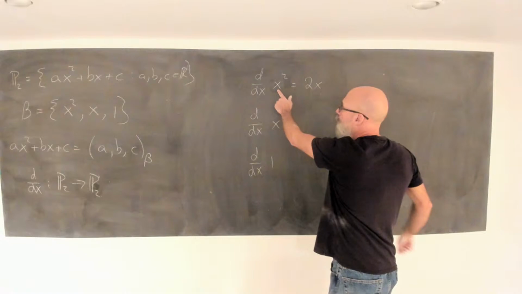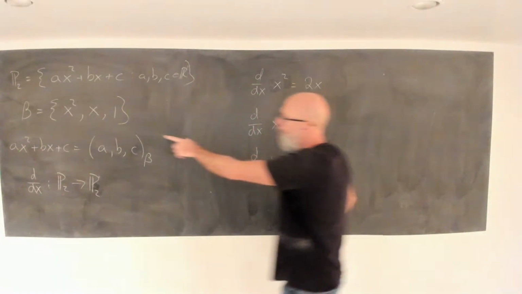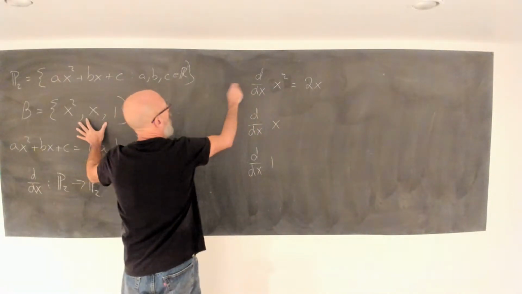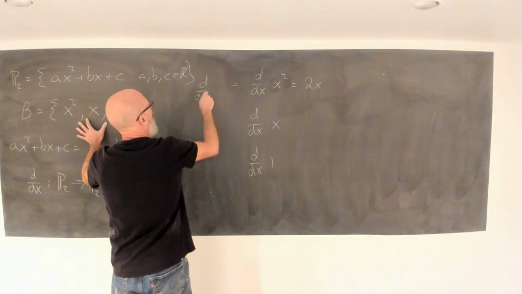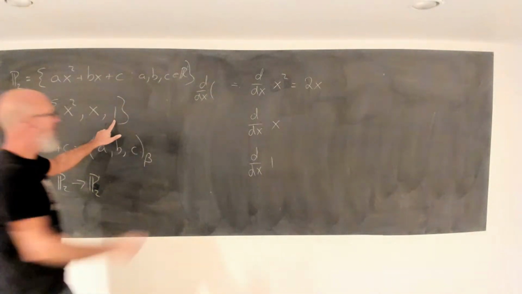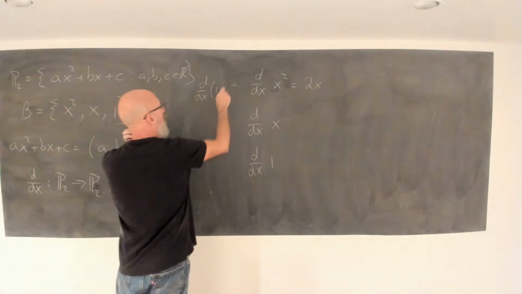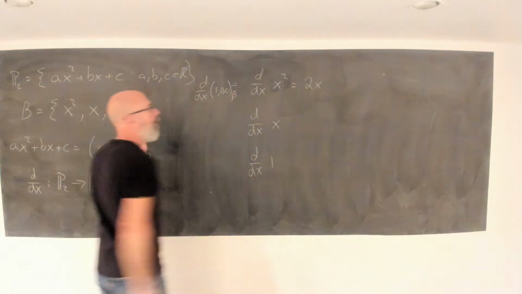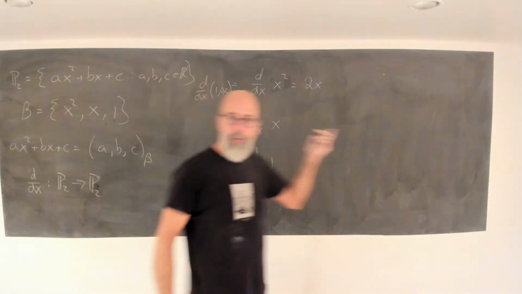Absolutely. So x squared, if it's viewed as the vector (1, 0, 0) in your basis B, the derivative,